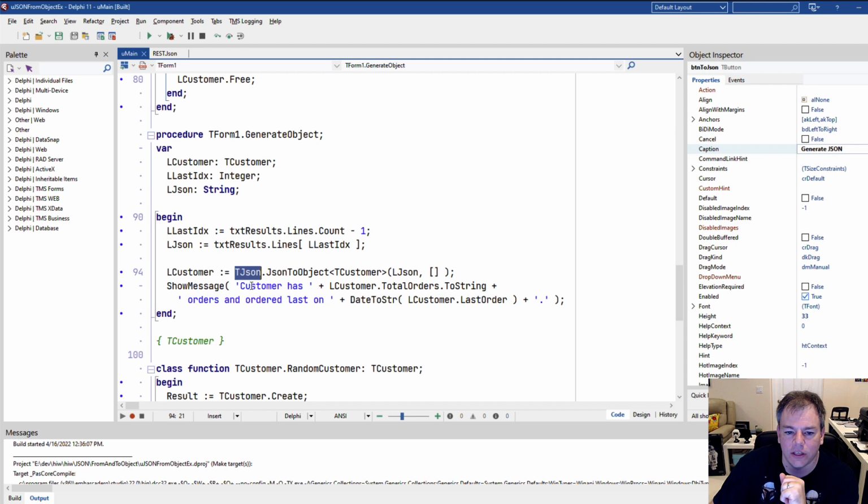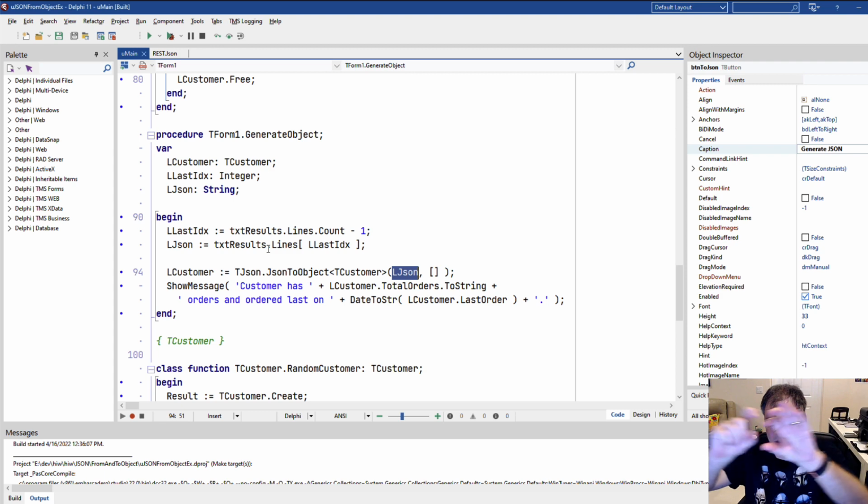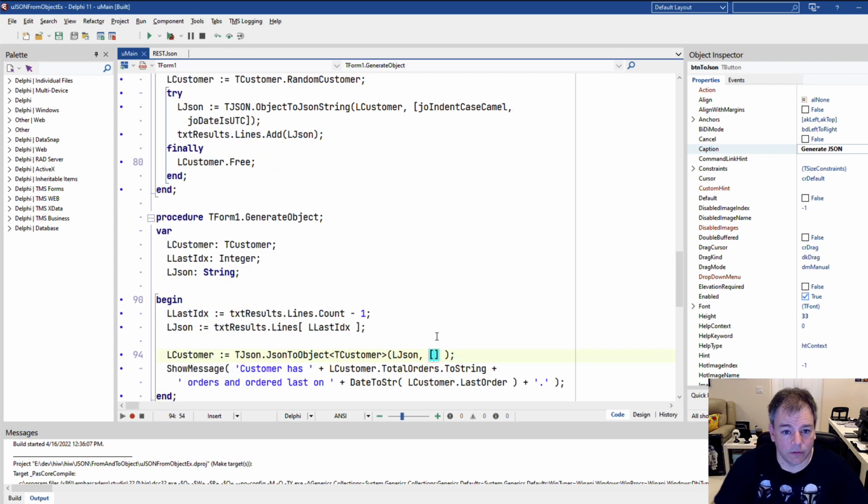So you can call tJSON, JSON to object, and then you pass the class tCustomer, the string LJSON, which is the JSON string, and in the options, which I have forgotten so far, JO date is UTC.